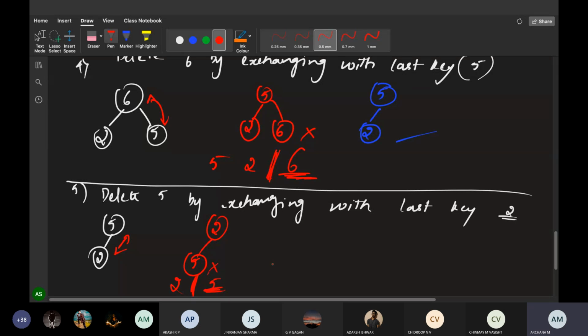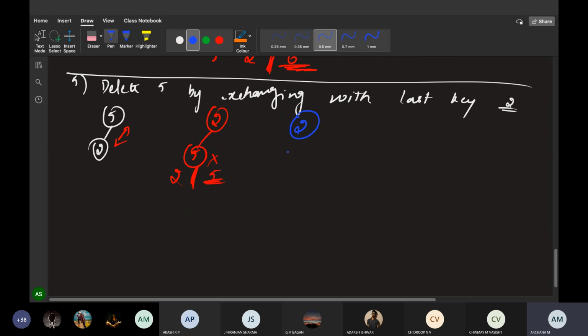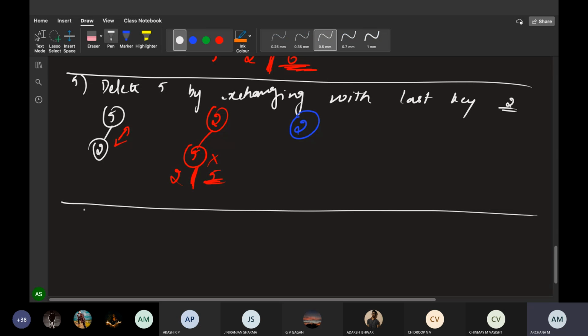Delete this 5. After deleting, what will you get? You'll get 2. Okay. Now there is only one element. No need of going with any parental dominance. Just take that, and finally what do I have to delete now? What is the last element I should delete? Go to the last step, the sixth step. What should I delete?